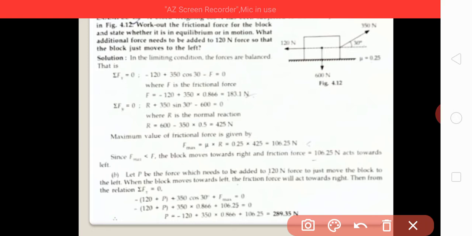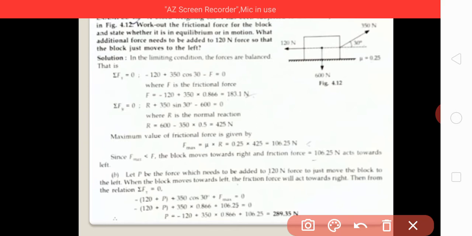So, resolving the forces horizontally and vertically, that is along the plane and vertical to the plane. In all the problems we are going to solve, it may be an inclined plane or a horizontal plane. We will be resolving the forces along the plane and vertical to the plane in every problem when we are dealing with a coplanar concurrent force system. So, this you must remember.